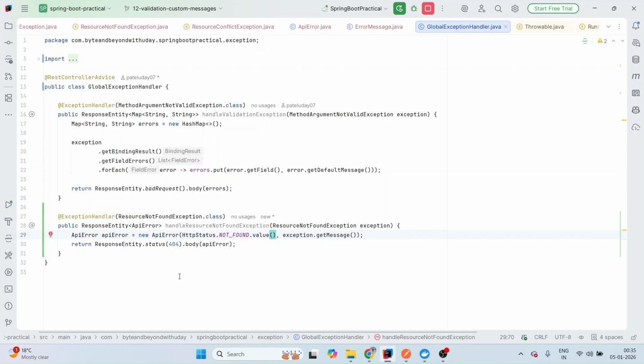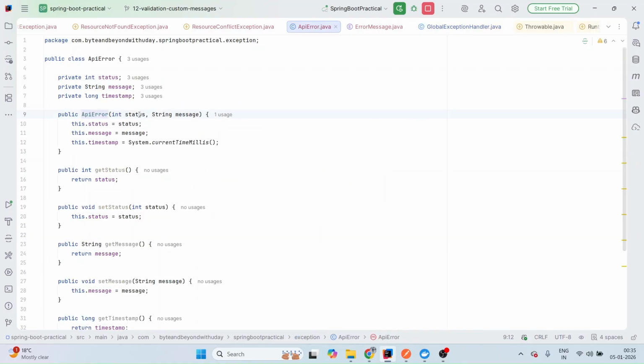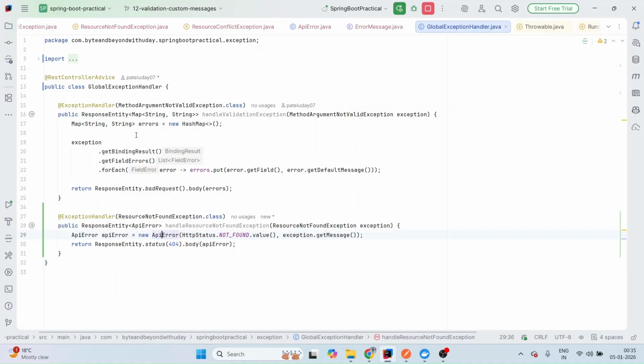Okay, so over here this is the not found 404 code, and this is the exception message. You can see we are using the API error. I'm passing the status and message over here. The timestamp will be auto generated in the constructor itself, so I don't need to pass that. And this object, I am wrapping inside the response entity. You can see the return type is ResponseEntity of API error. So this is our wrapper, and I'm wrapping this API error object